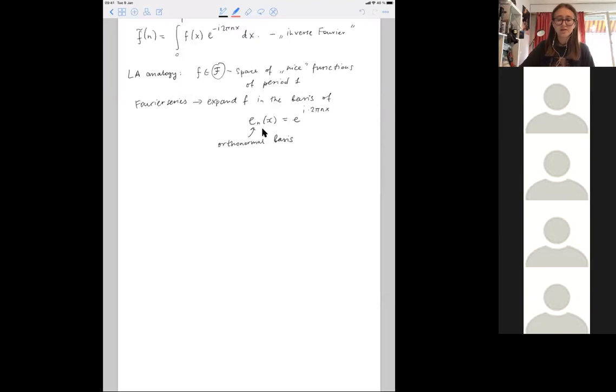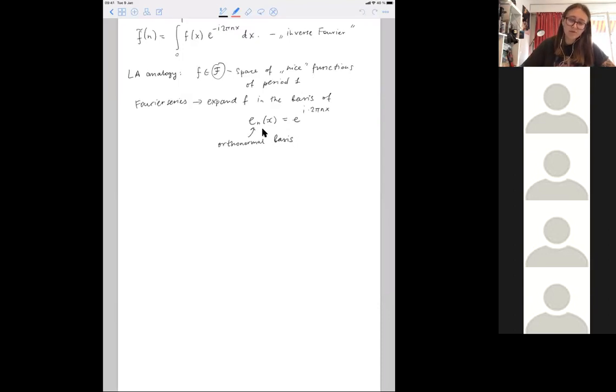So, again, we have this linear algebra analogy: we have a particular space of functions, and we're trying to decompose it with respect to this basis of complex exponentials. And the mathematical fact is that you can always do it for this space of nice functions. Okay, so